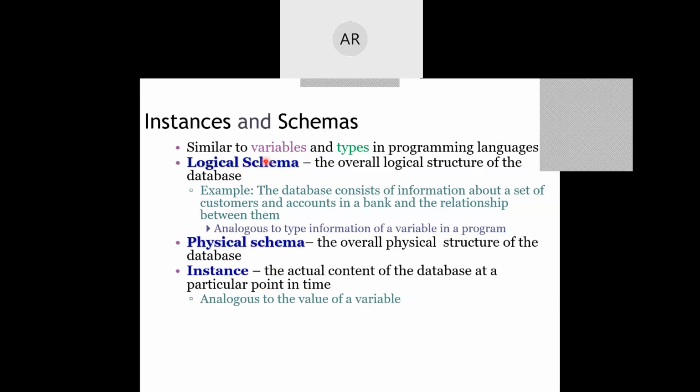To understand the difference between these two, let us talk about a table. Let us say a student table is composed of name as one of the columns. The table is composed of pin number, name, and marks: marks 1, marks 2, marks 3, marks 4, marks 5.